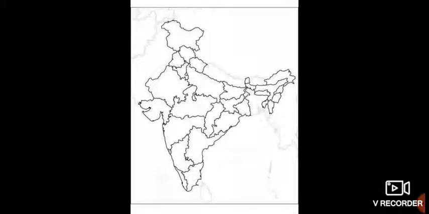In today's class, we are going to do the map activity. I hope you all are ready with your India political map. We know there are different types of soil presented in different parts of the world, and here we are going to see what types of soil are presented in our country. So what are the different types of soil in our country? They are alluvial soil, red soil, black soil, laterite soil, desert soil and mountain soil.